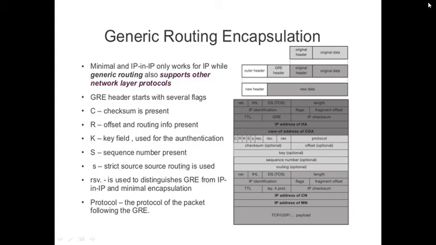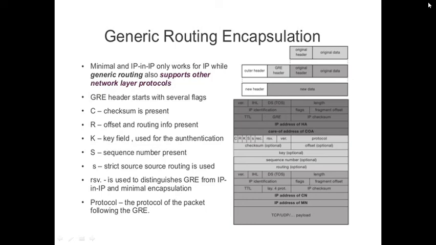Okay, so this GRE header is completely different, meaning it is adding one more protocol suite with the original packet header, and the data is also taken as a new packet here. So this outer header becomes the new, additional header, and this GRE header is attached to the original data. That is why the data packet is completely changed. Okay, and this GRE will be starting with several flags here. Here also fields are redundant in generic routing encapsulation.